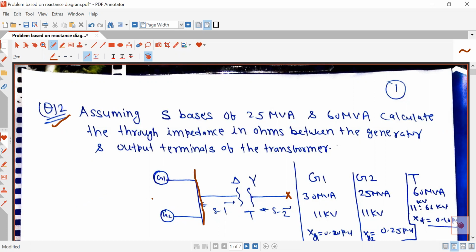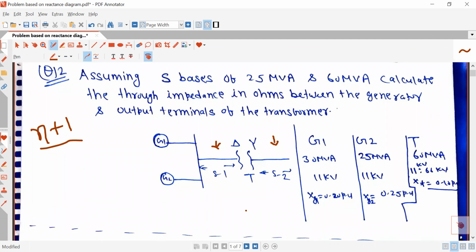First step is to divide given block diagram in different sections, and number of sections will be decided by the number of transformers. If the block diagram has n transformers, then number of sections will be n plus 1. In this block diagram, there is one transformer, so number of sections will be 2. One section will be the primary side of the transformer, and second section will be the secondary side of the transformer.